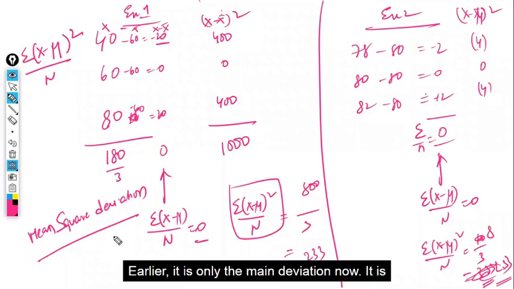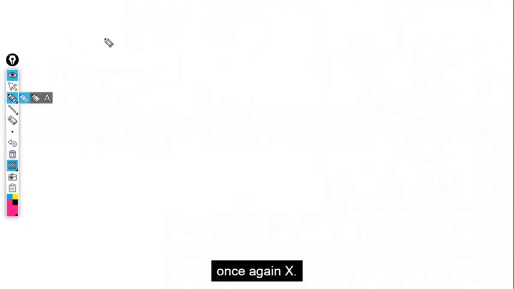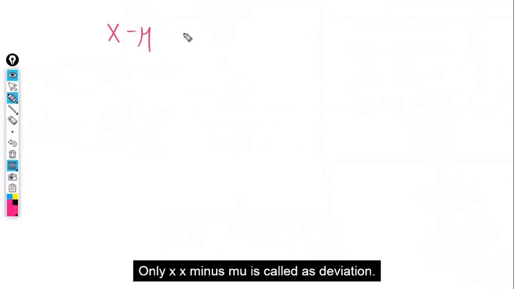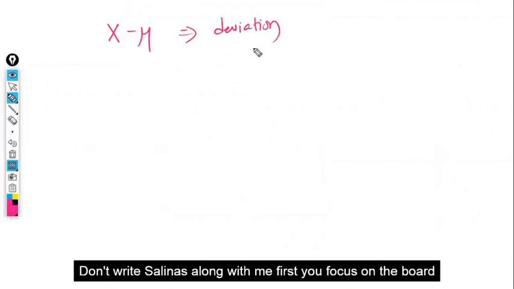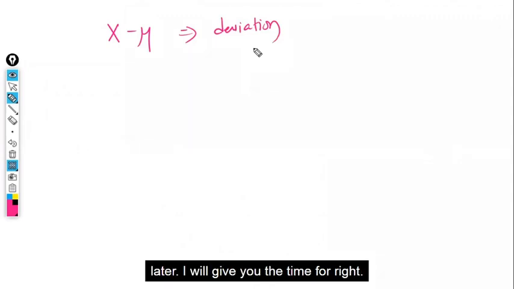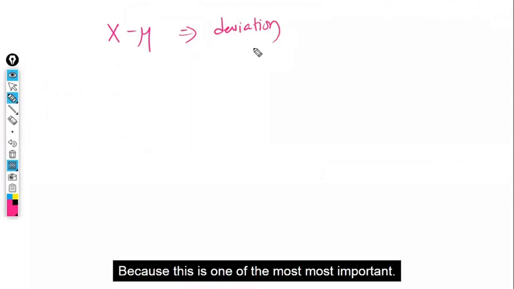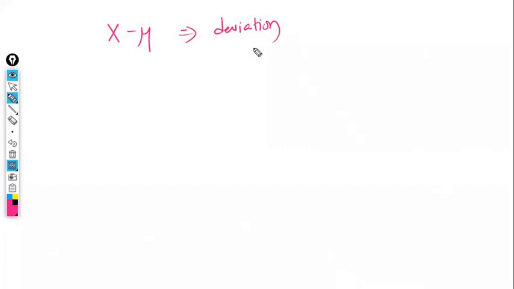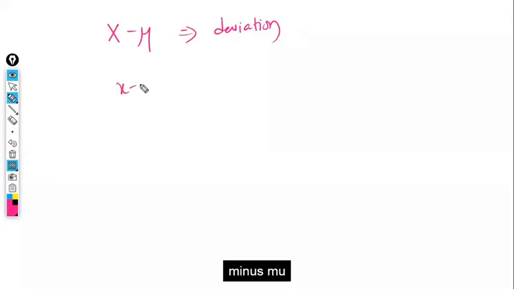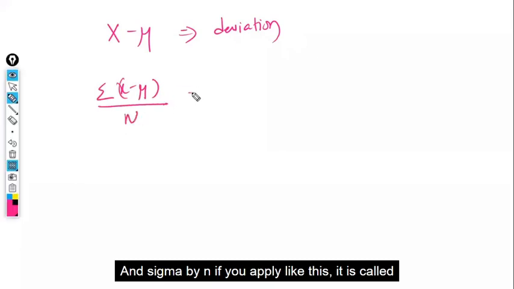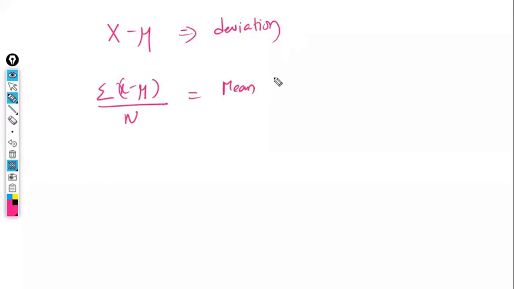Earlier it was only the mean deviation. Now it is the mean square deviation. Once again, please focus. Only x minus mu is called the deviation. Don't write simultaneously along with me. First you focus on the board. Later I will give you time for writing, because this is one of the most important points. Okay, x minus mu is called the deviation. If you apply sigma of x minus mu divided by n like this, it is called the mean deviation,